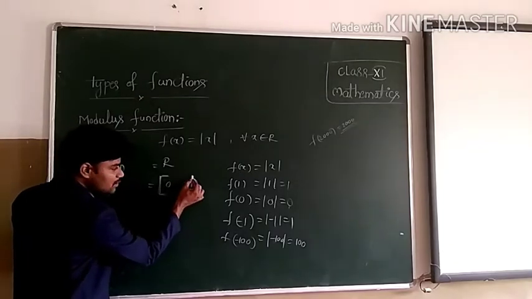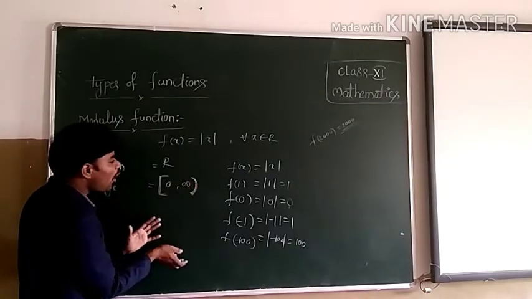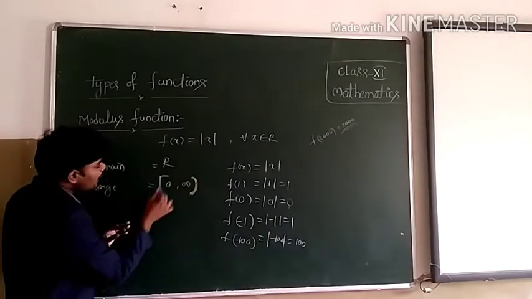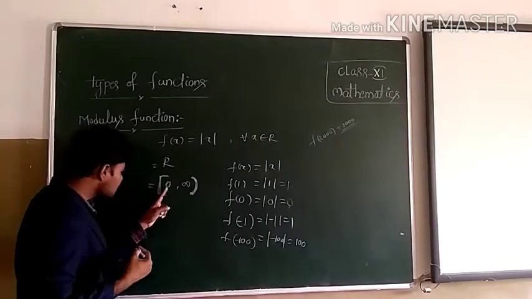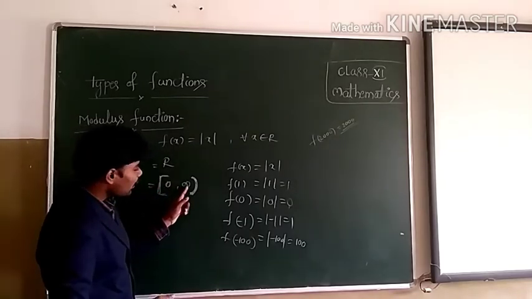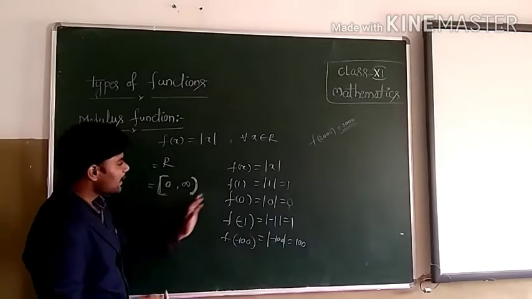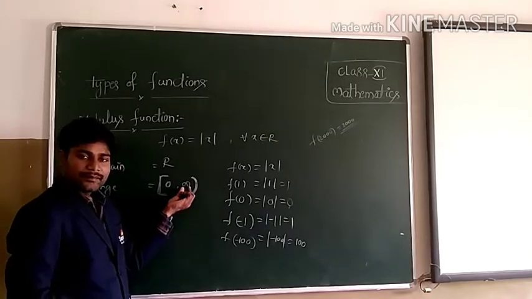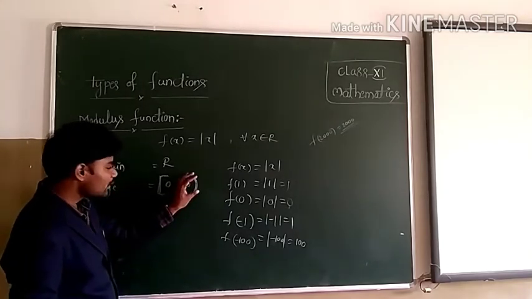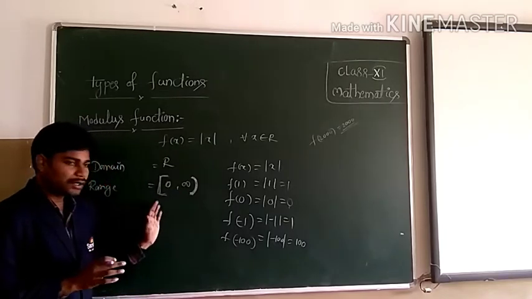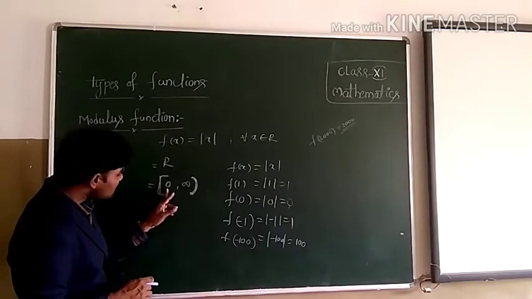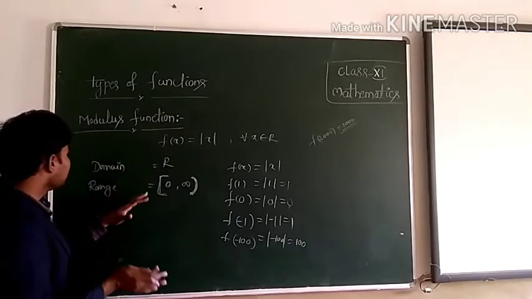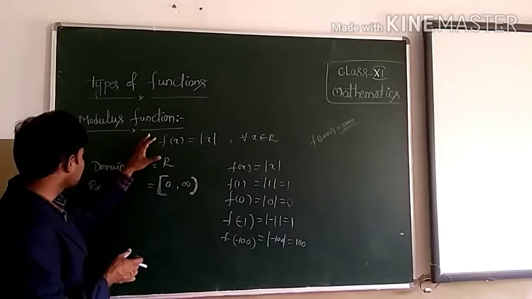Infinity is not considered because we don't know how much it is. This bracket is important. This is an open bracket, which means this value we don't consider. This is the closed bracket, we should consider this value 0. And between 0 and infinity, those values will come as the range. So all these values are between these two, but we do not focus on infinity. We don't know the value of this, so we should exclude it. We should include all the values 0, 1, 2, 3 and so on. Right? So that is the difference here between the earlier functions and this function.